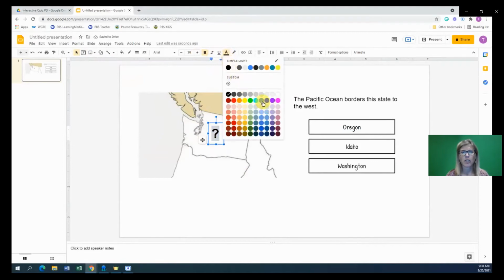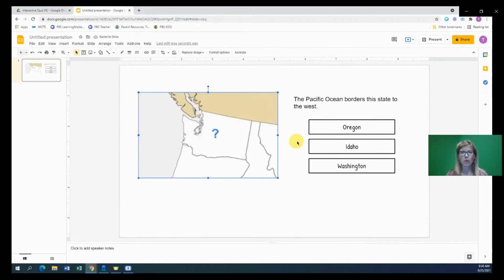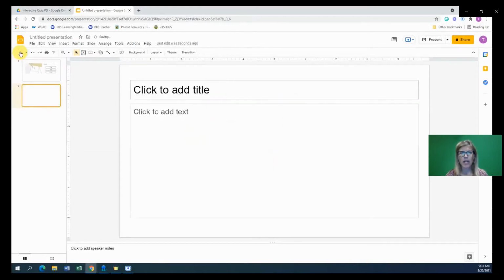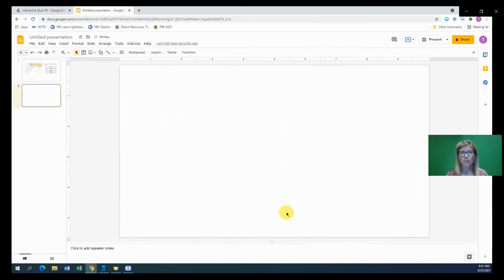And I'm going to change the color of the question mark just to draw attention to the question mark for the students. Once you have created that, the next step is to create the next slide. So you need a set of 3 slides for each question. The next slide that we're going to create